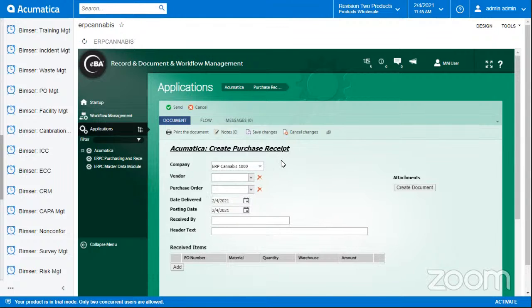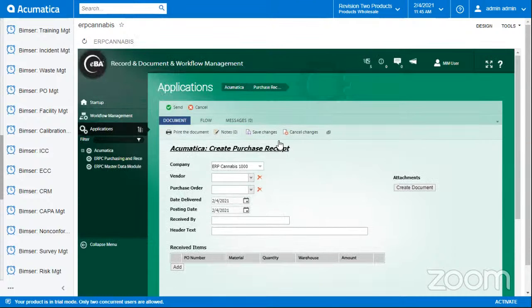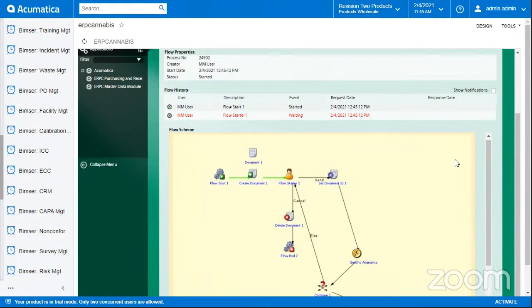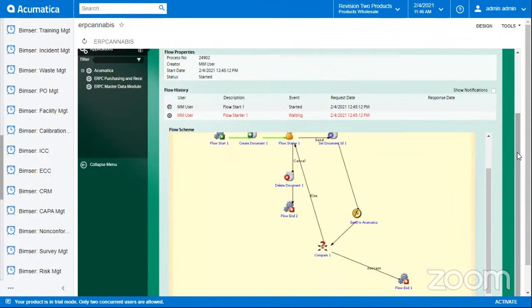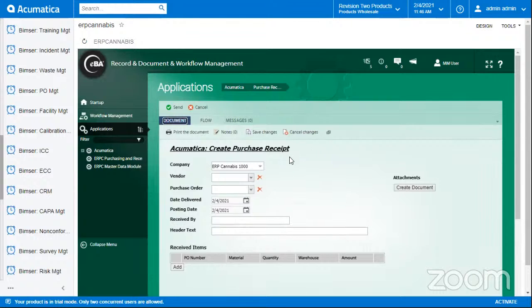And in ERP Cannabis, we can always have the form that's designed based on the actual operation of our company. This is the form side of ERP Cannabis. And there is another side, which is the workflow. For all the applications, there is a unique workflow behind it. So based on the actual operations of your company, we will replicate the workflow and also the form design that you are currently using in ERP Cannabis. Meaning the design and also the workflow are not fixed in our system.